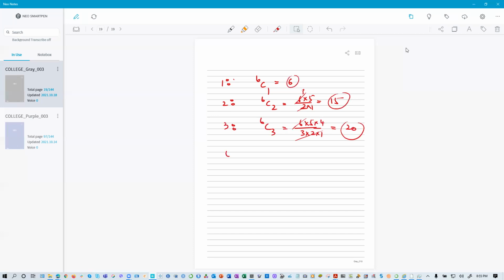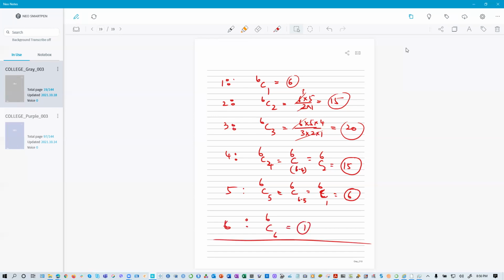15. Then 4 of them. 6 choose 4 is the same as 6 choose 6 minus 4, so you go to the shorter one. 6 choose 2, which you already know, again 15. And 5 of them. 6 choose 5 is the same as 6 choose 6 minus 5, which is 6 choose 1, which is 6 again. And 6 choose 6 is 1 more. And altogether 15, 30,